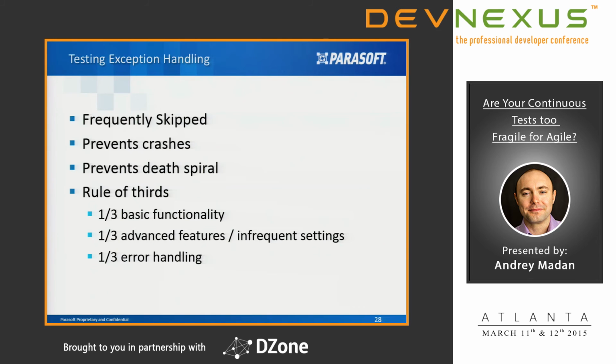So the rule of thirds. Everybody tests a sunny day scenario. Nobody tests error handling. So testing exception handling is always, in my experience, skipped. And the interesting thing is it's kind of hard to test. Like if you're doing the functional testing, how do you put the system in a state where it's not supposed to be by the requirements, right? So error handling is a lot easier to do at the unit level. You put the unit, you inject some errors at that level, and it's just a lot easier. So cover that error handling at the unit level.